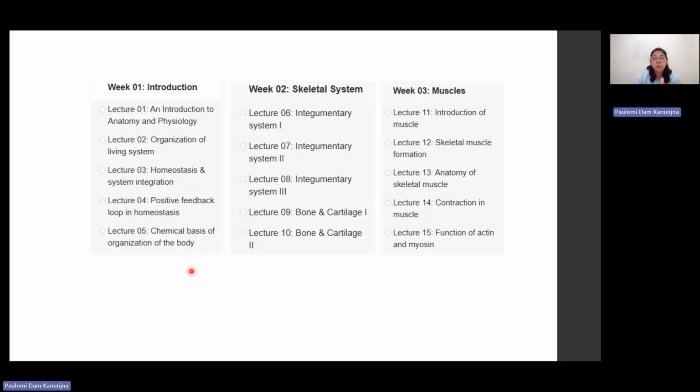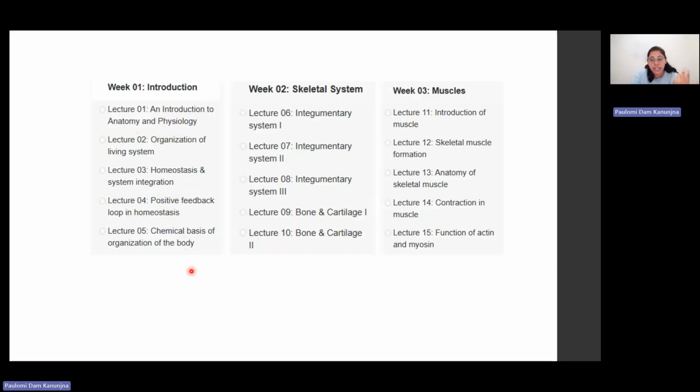After that we moved on to bones and cartilage, and we discussed how bones are formed, what cartilage is, and what the difference between bones and cartilage is, right? And then we moved to muscles, the muscular system. So we understood what muscles are, what the different types of muscles are, and then in depth we looked into skeletal muscle, because we know that it is what is driving your movement,